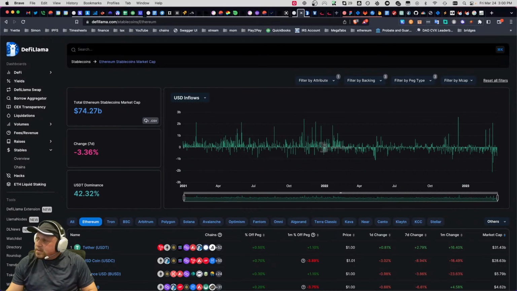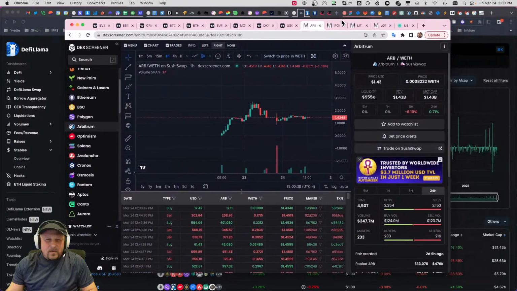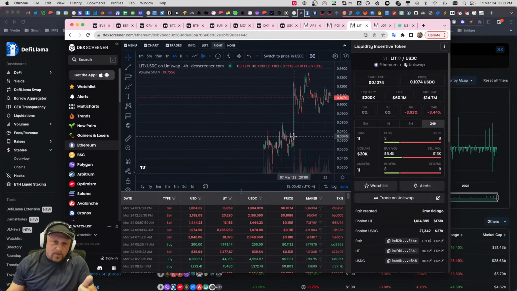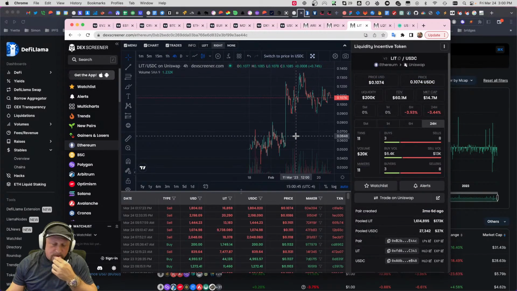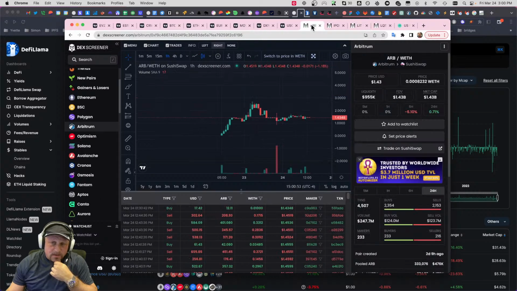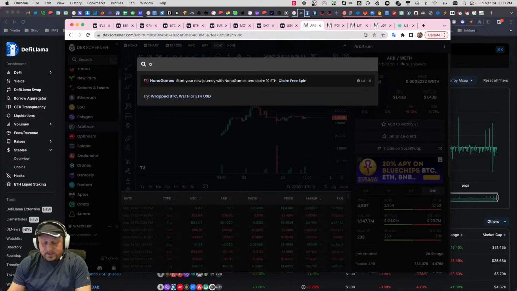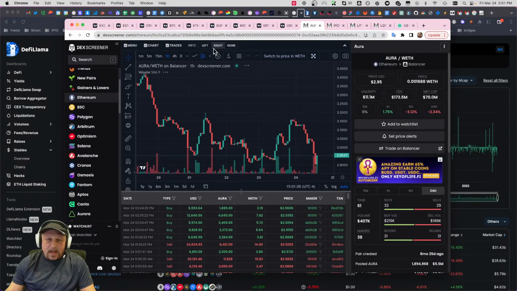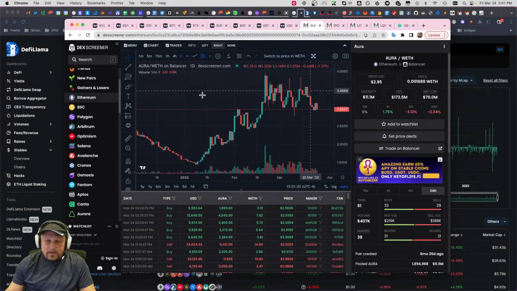Let's take a look at some charts to understand where we are in markets. With regard to Bunny and Lit, the asset, this is expected in many regards for currency recyclers. I don't expect significant appreciation for currency recyclers, just conceptually. And Aura is a great example of that. Obviously,